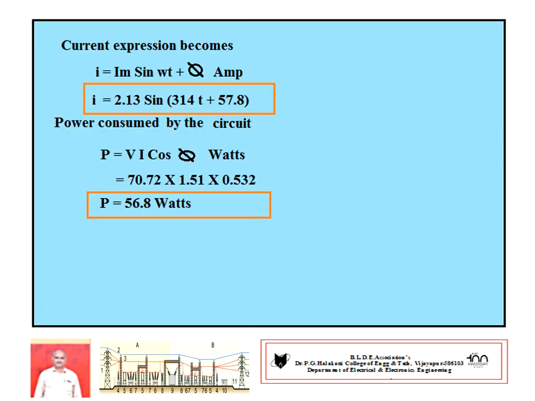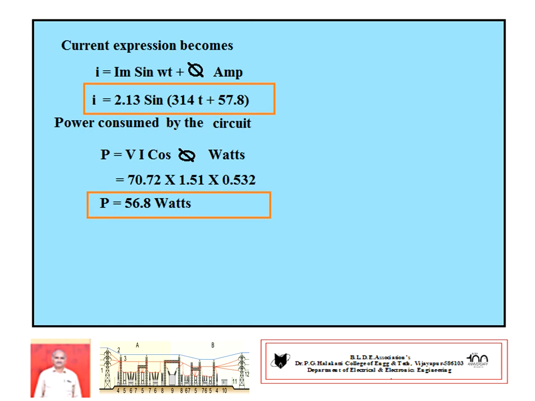We have to construct the current expression. Sir, before going to that, you have to remember voltage and current expressions of RC series circuit of instantaneous values. Voltage v equal to Vm sin omega t. Current expression becomes i equal to Im sin(omega t plus phi). General expressions you write down one side. Then you substitute the value: Im sin(omega t plus phi angle). That is the current expression. Over.